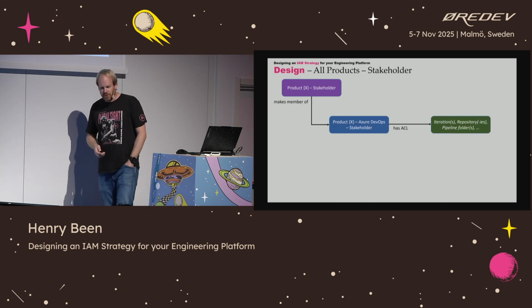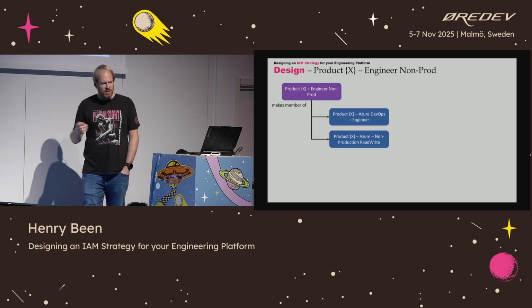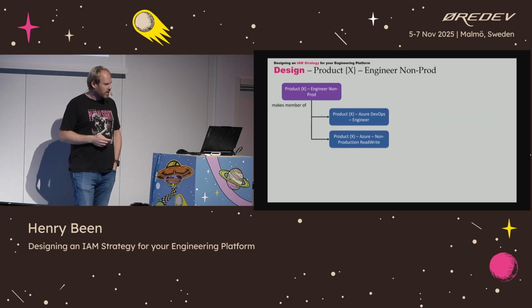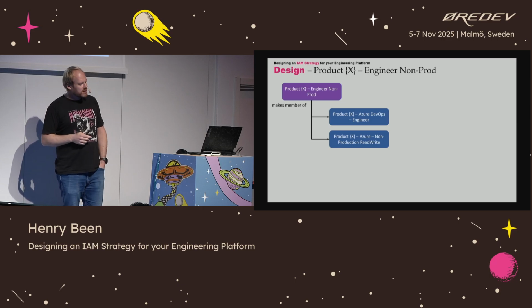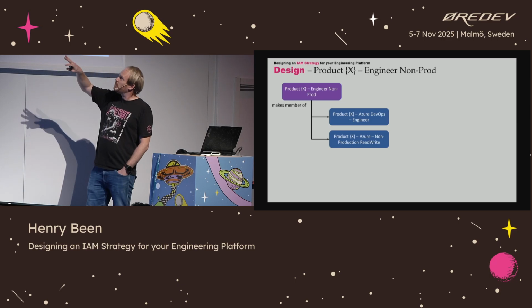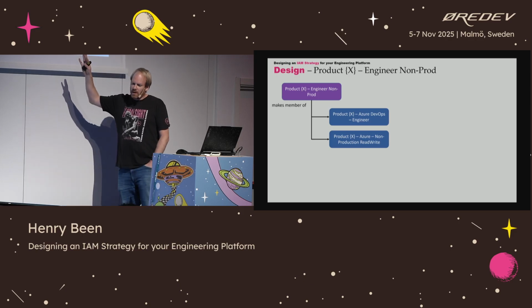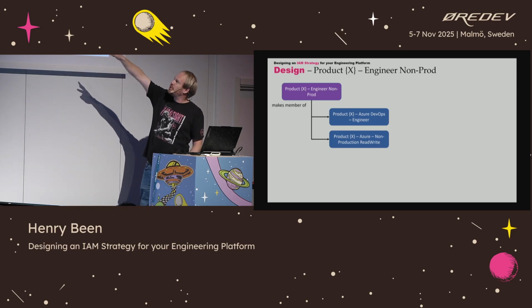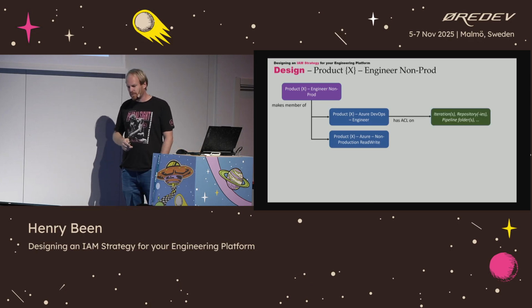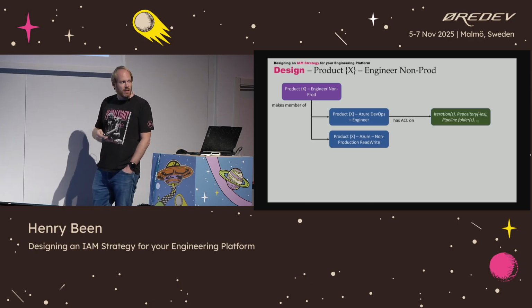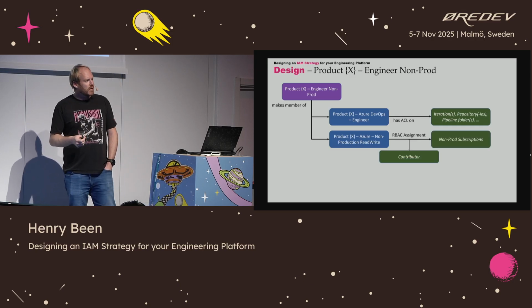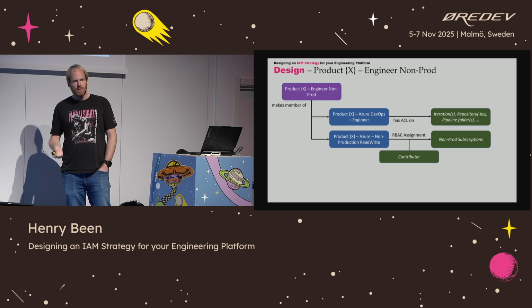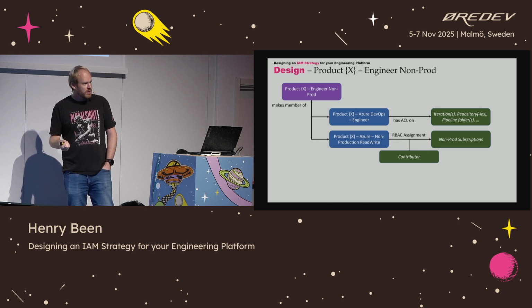For stakeholder, we can do the same, and I think from here on, it's a bit of a repetition. I just included the slides for people that want them afterwards. Now, I can do the same for engineer non-production, and this is interesting here because we're going to differentiate between non-production and production. I can create groups that might not surprise you: Azure DevOps Engineer and Azure Non-Production Read-Write. For the first one, again, I'm going to create the correct ACLs. And for the second one, I'm going to assign contributor on all the subscriptions marked as non-production that are related